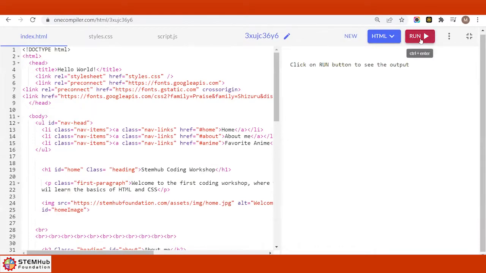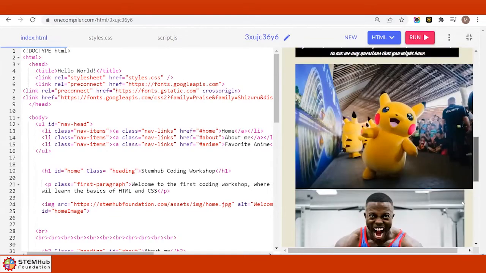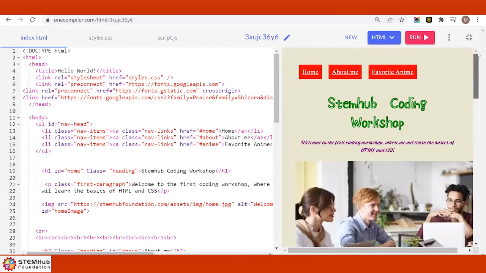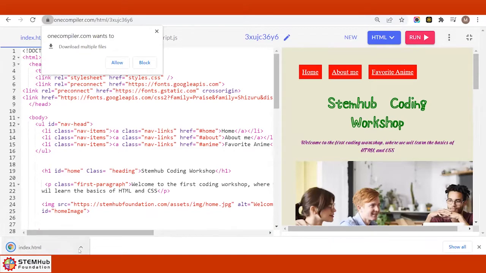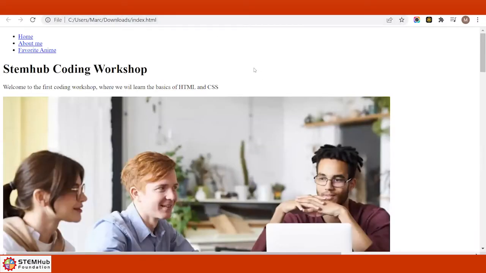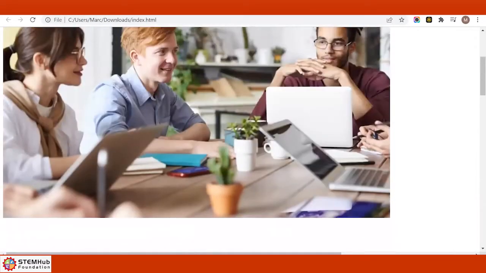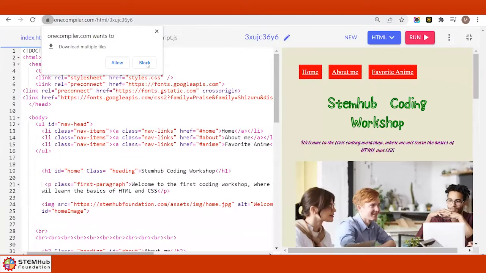Now, let me see if I can make this full screen. Okay, run it again. But I'd like to be able to see this full screen. Is there a way that we can see this full screen where I can make it show on a different browser? I'm just wondering. No, I tried. I don't think I could figure it out. Couldn't see any way, except you download the entire code. That's the only way I can think of. I hate looking at it like this. Okay, that's better. All right, but wait, we lost the CSS. Yeah, you have to download the CSS as well. Forget it. Okay, never mind. All right, let me not do that. Okay, all right, let's get going here.